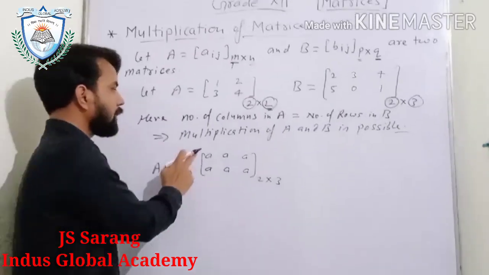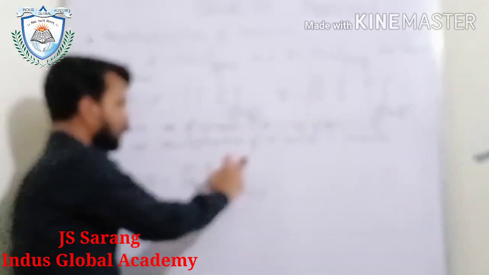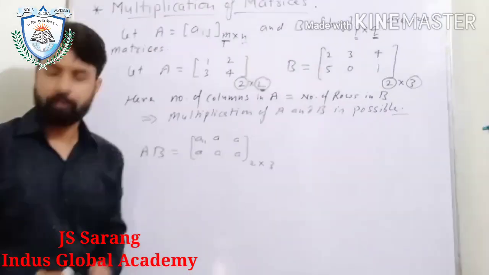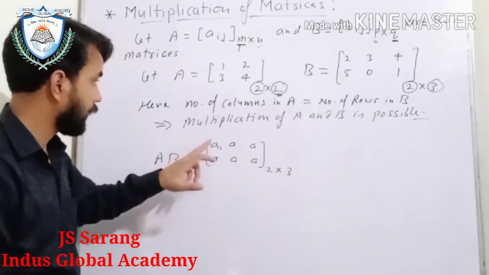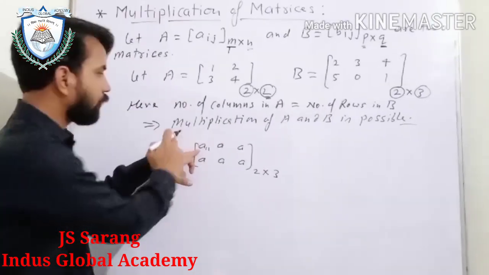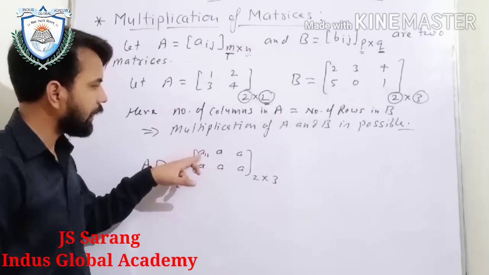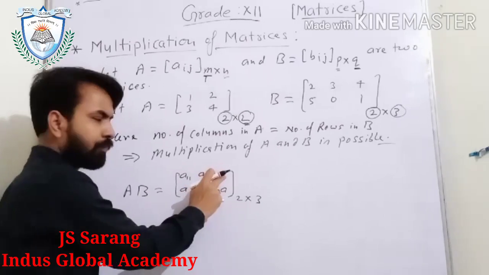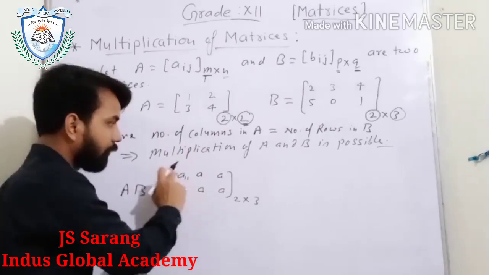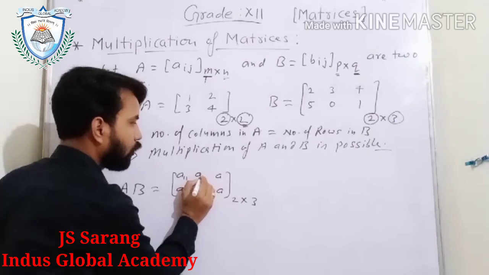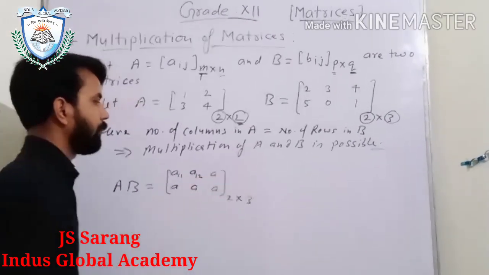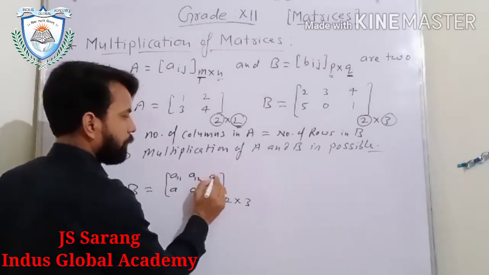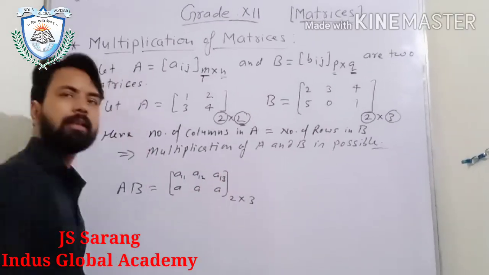Now see, this is the very first element of first row and first column. So it will be denoted as A11. Please note this point in your mind. This is the very first element of first row and first column, so it will be treated as A11. This is the second element of first row and second column. So row will be first, in first row and second column, so it will be A12. This is first row and third column, so it will be denoted by A13.